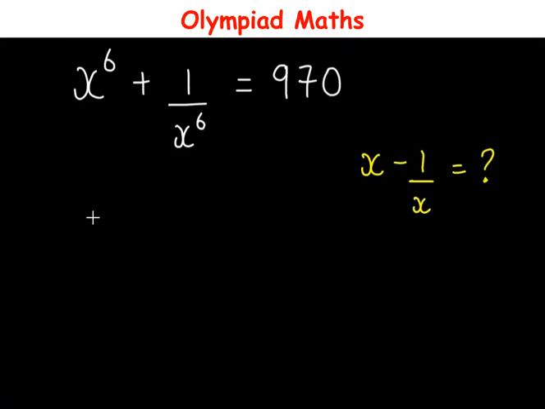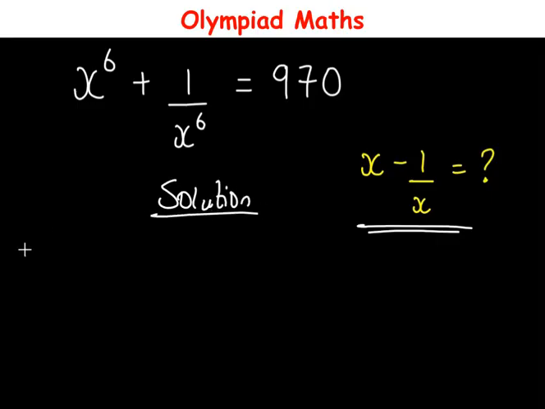Hello everyone, in this video let us solve this question. We have x raised to the power 6 plus 1 over x raised to the power 6 is equal to 970. And from this question, how to solve the value of x minus 1 over x. So what is the value of this? To do this,